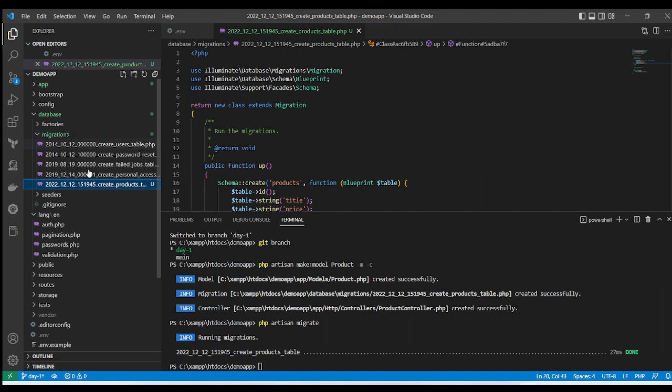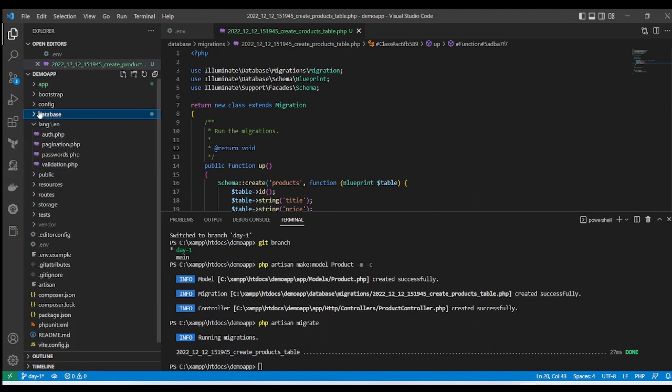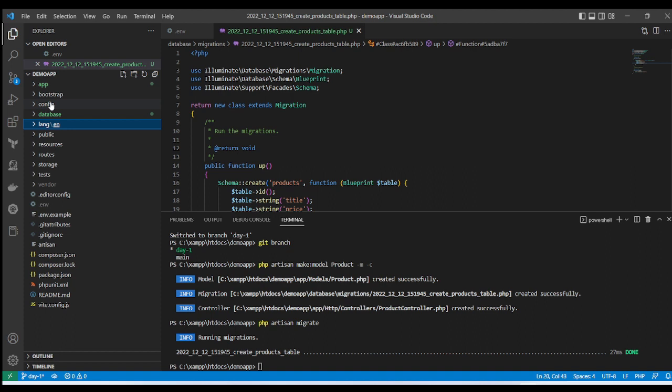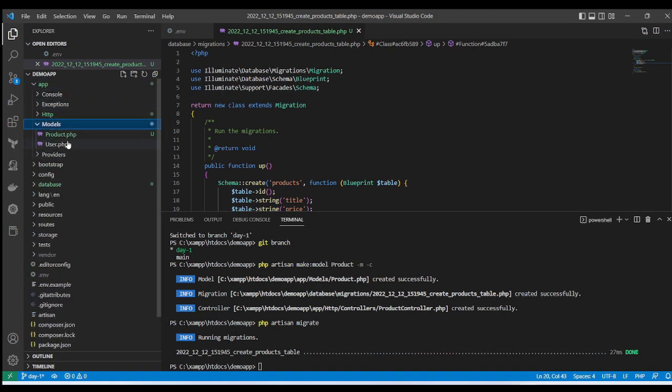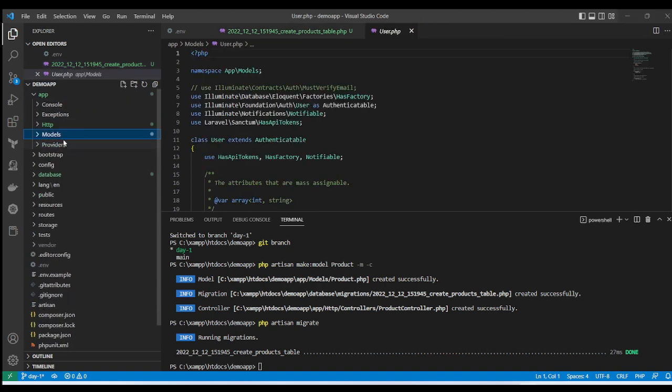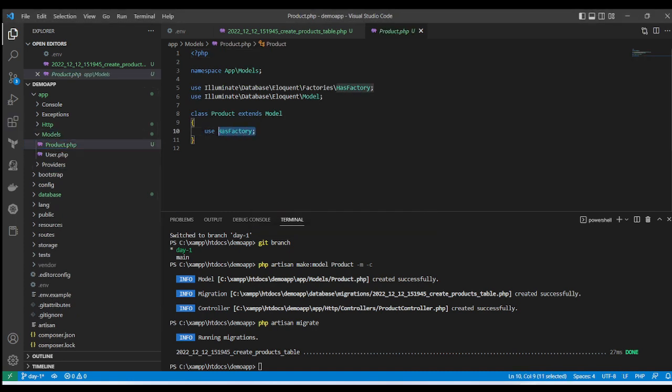So inside the migration, we did certain changes. Now let's go to the controller. Before entering the controller, we need to go to models, and inside models there is a product. Sorry, here is a product. Okay, model, here is a product, and here we need to